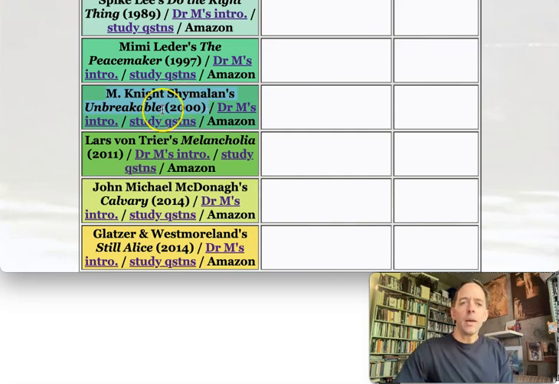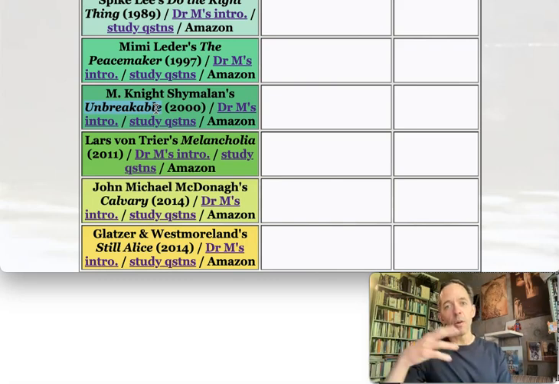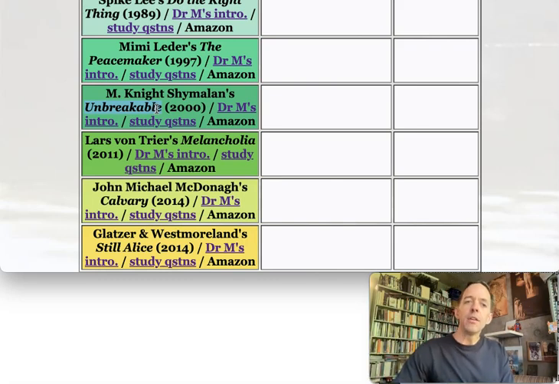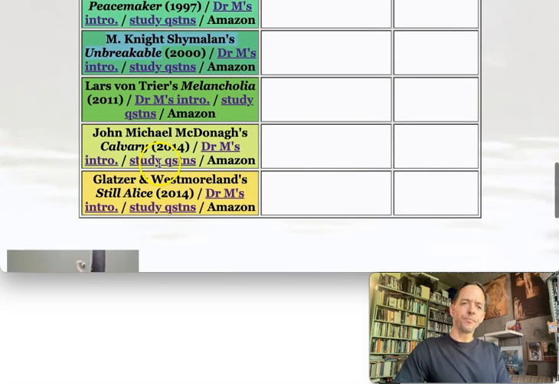Unbreakable is a little bit different from his normal fare, and it's like a superhero film. This is the year 2000, the same year that Fox came out with the first X-Men film. And this kind of gets the ball rolling with superhero films in 2000. And Shyamalan does something very different from what Marvel is going to do later. I highly recommend this film. It also concerns some disability issues.